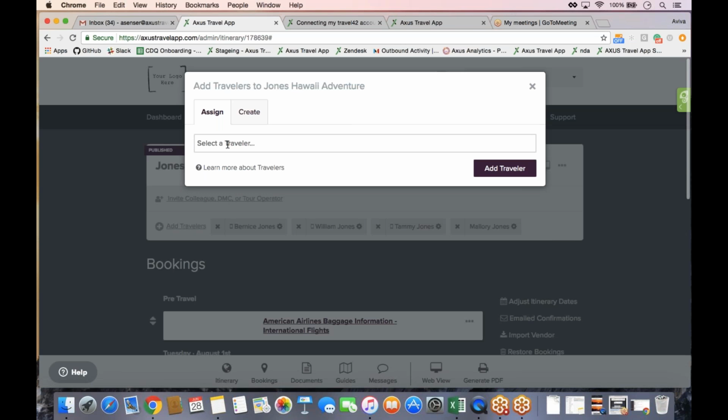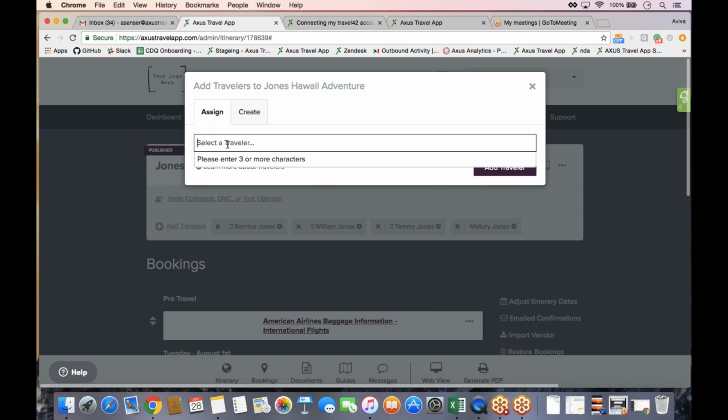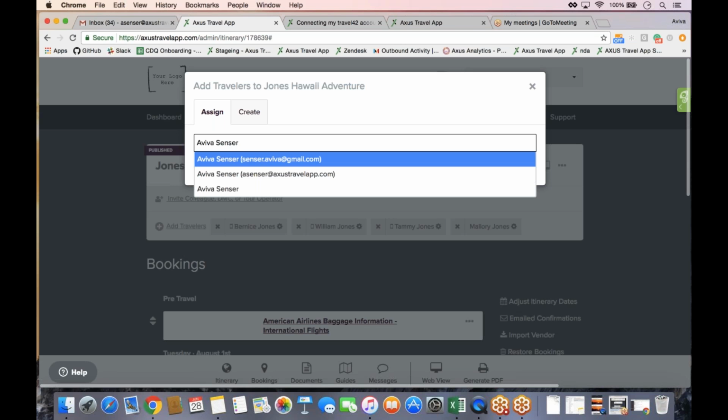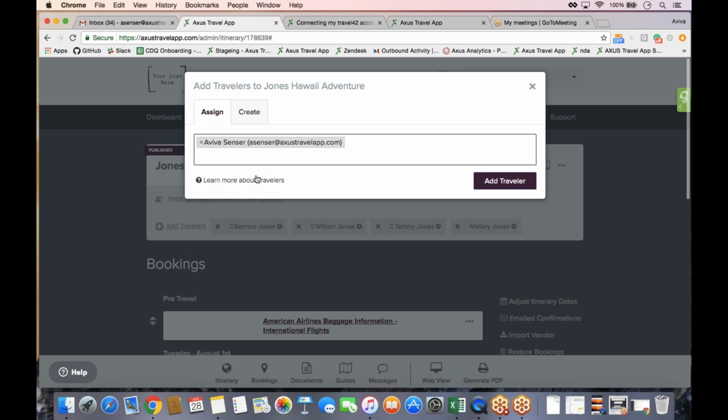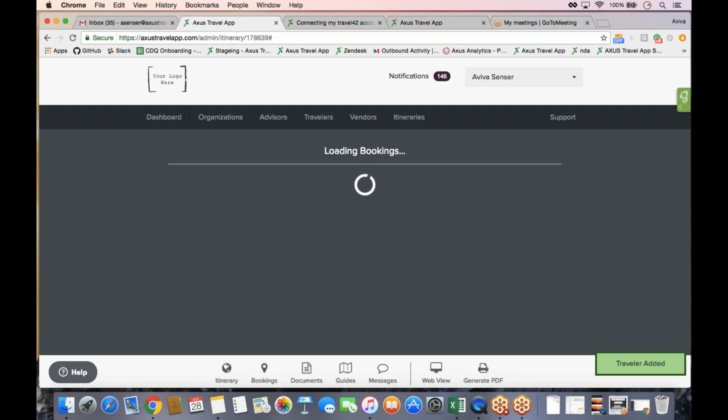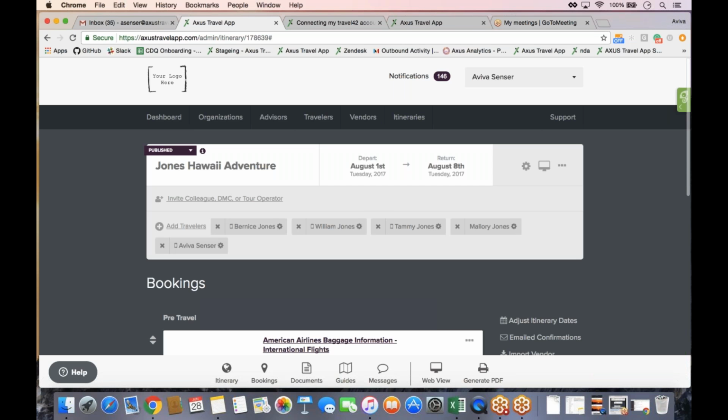If you already have a traveler profile in the system, and you can always double check prior just by typing in your name under Assign. Here I have my name and email. I select it, and I add myself as a traveler. We don't have to worry about our name showing up as a traveler on the PDF or web view, because